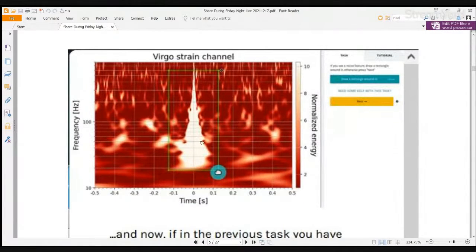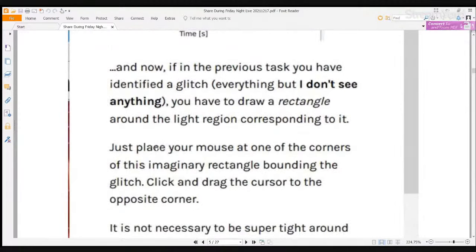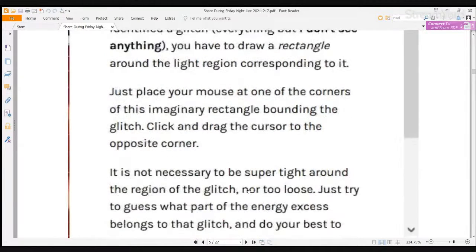You identified it, and then you get to this other screen, and there's a box, and it's all set up to click and drag, and you basically add this greenish box around your glitch. If you don't see anything, they won't even give you the option to draw a rectangle. It'll just say done. So again, place your mouse at one of the corners of this imagery and drag it across. If you do, oops,